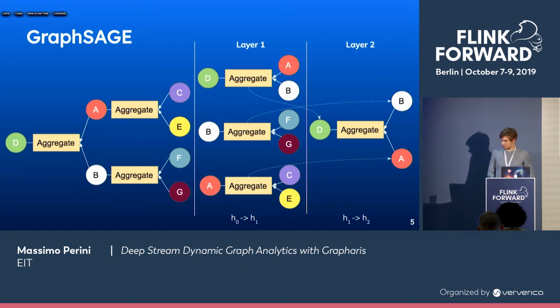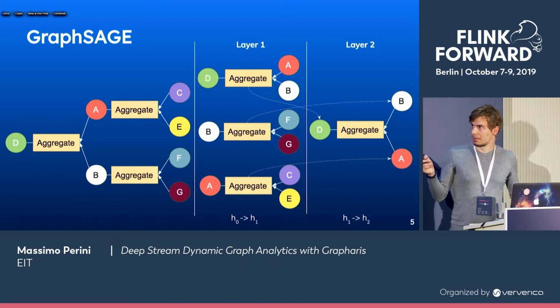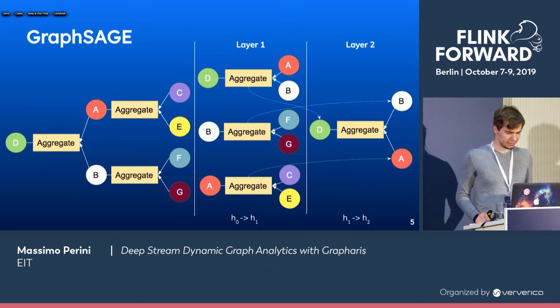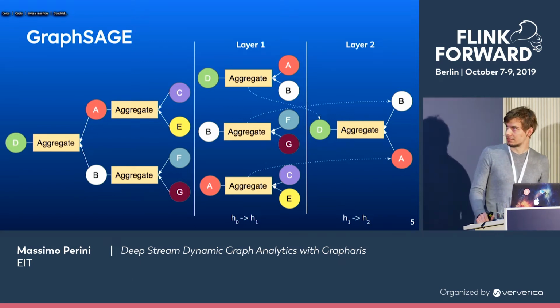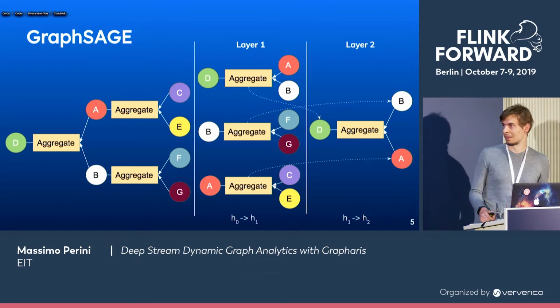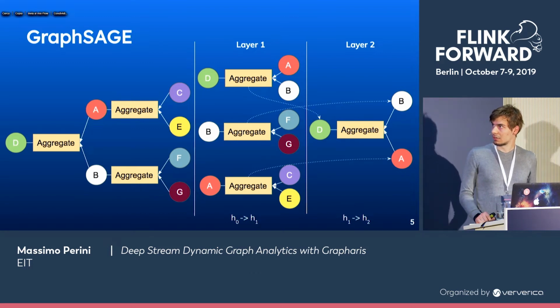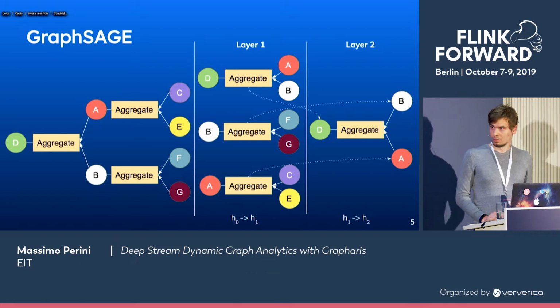In detail, how GraphSAGE works. In this case, we have a vertex D, and we want to predict, for example, a label of the vertex. We are sampling a neighborhood from this vertex, for example, 2 hop neighbors in this case. Vertex A and vertex B are 1 hop neighbors, and then we are sampling other neighbors from vertex A and other neighbors from vertex B. Since we have a 2 hop neighborhood, we are using two convolutional layers. The first layer performs the aggregation between 1 hop neighborhoods. In this case, D performs aggregation between D, A, and B; A and C and D; and B, F, and G.